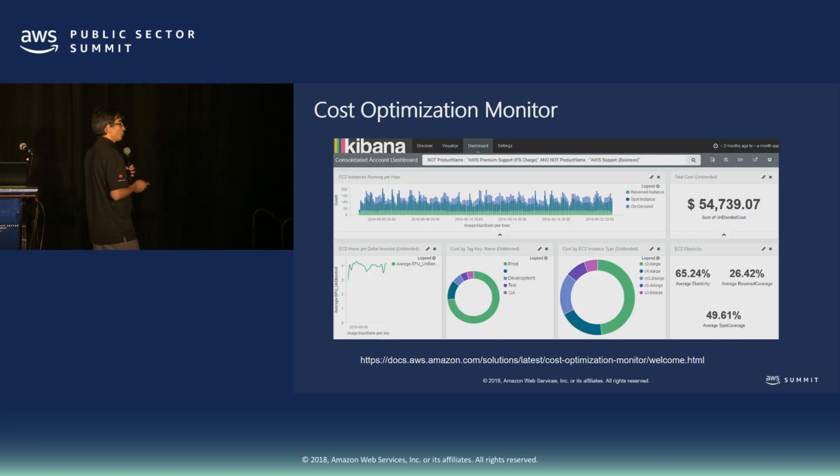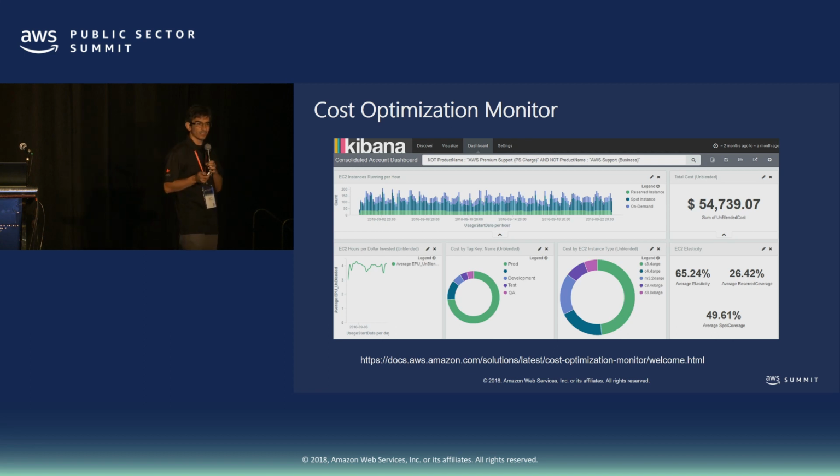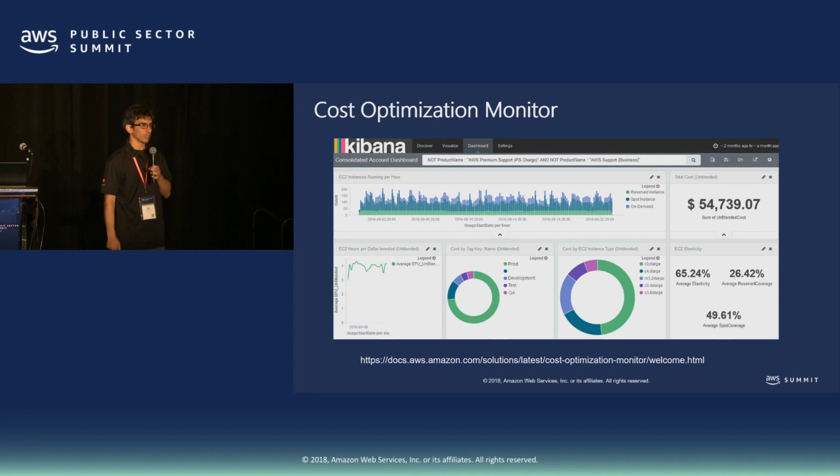And then AWS likes you so much that we give you some services that sometimes people don't realize we offer. So let's say you're concerned about your costs. You can have a cost optimization monitor running in Elasticsearch. It gets all your cost details, and then once it gets them, it shows you how you're spending your money on AWS. So you can not only do that, but you can also get all the logs that you have from, let's say, IIS, from Windows event logs, and have them shown in Elasticsearch as well, once you have them consolidated in one location.